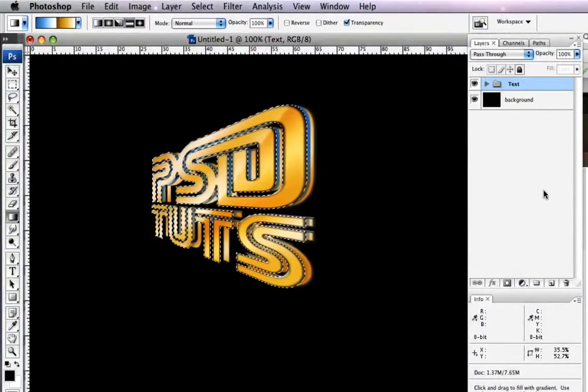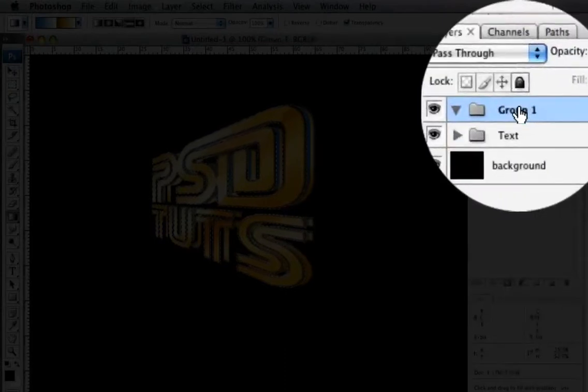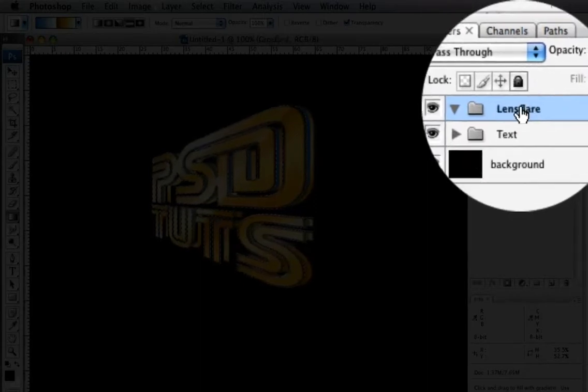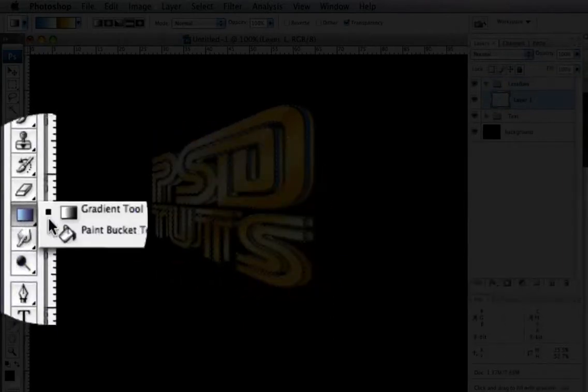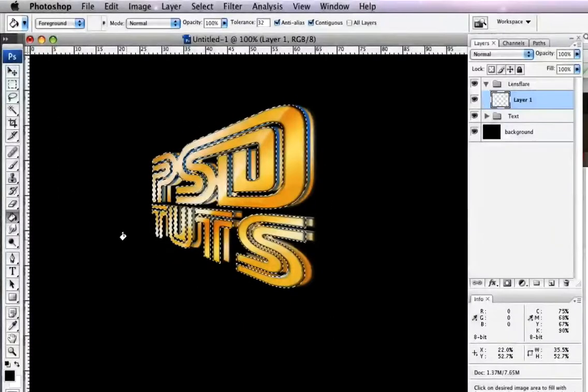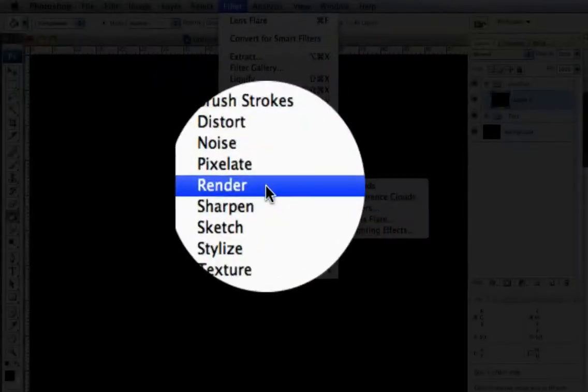Actually, we're going to create a new layer set, so I'm going to click on the folder, not on the actual new layer, and we're going to call this lens flare. And then inside lens flare, I'm going to create a new layer. I'm going to fill it, so going back to my bucket with black, I'm going to make sure I press Command D or Control D to deselect that area, and we're just going to fill it with black, and it should cover everything up. We're then going to go to Filter, Render, Lens Flare,